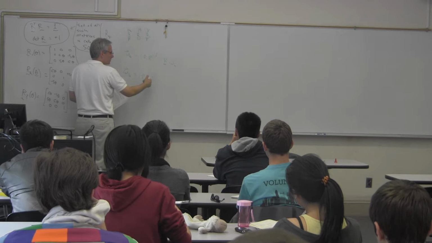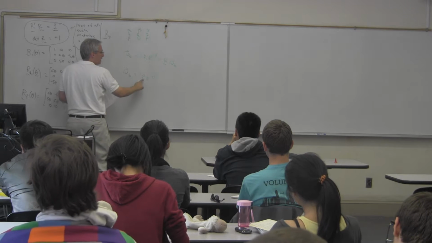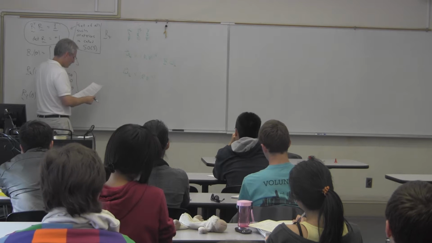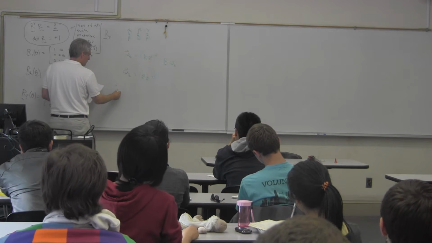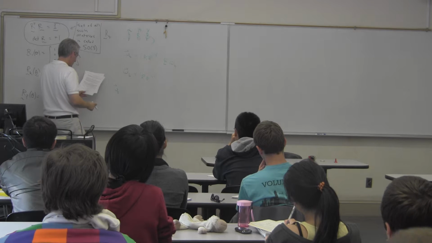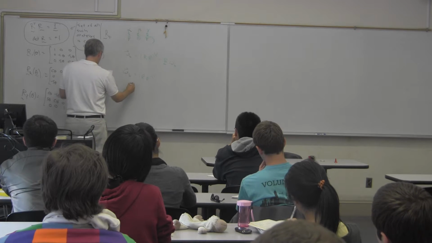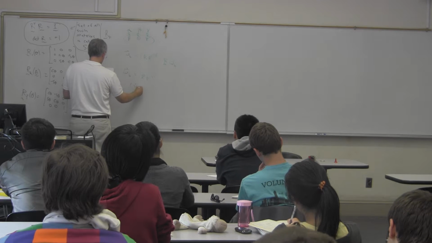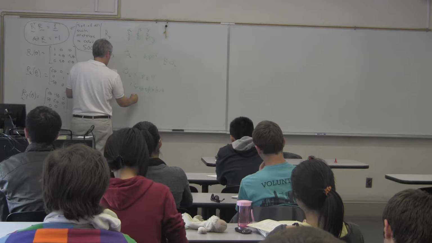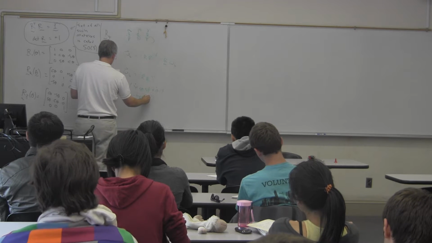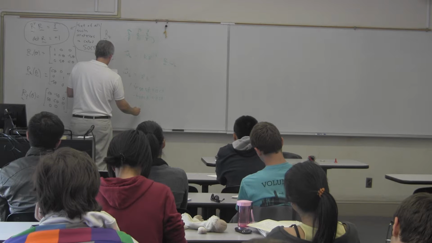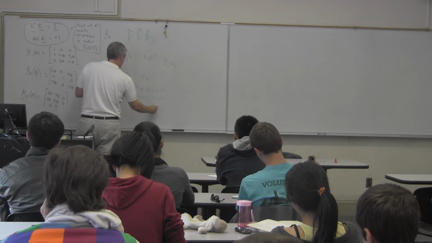Or we could work this out by, as I did in class, I did it for this one, the r transpose times r dot, we get some cancellation, etc. And those answers, the space-fixed version of the angular velocity, if we use these variable names, is equal to phi dot sine theta sine phi plus theta dot cosine phi, negative phi dot sine theta cosine phi plus theta dot sine phi, phi dot plus psi dot cosine theta,